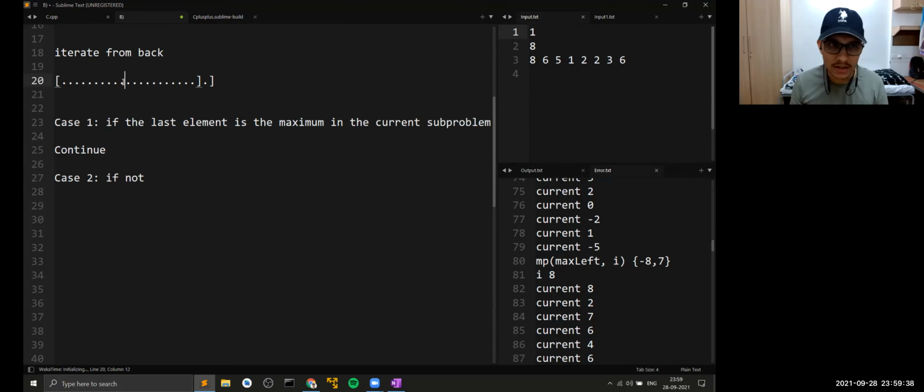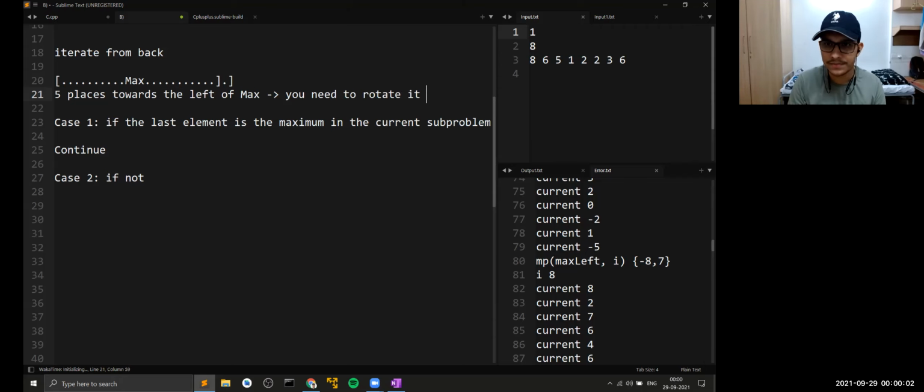So let's say you find your maximum element to be somewhere here. So essentially, what do you need to do now? You need to rotate this whole thing such that the maximum comes to the end, right? So if you look at it, let's say there are 5 places towards the left of max, then you need to rotate it 6 times.